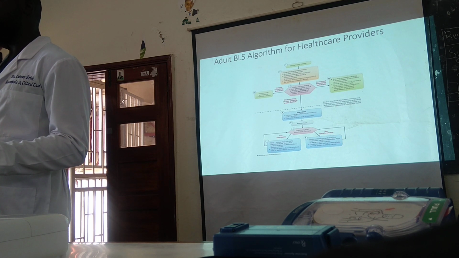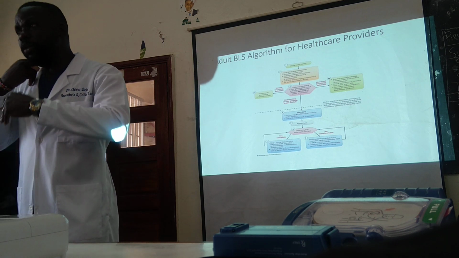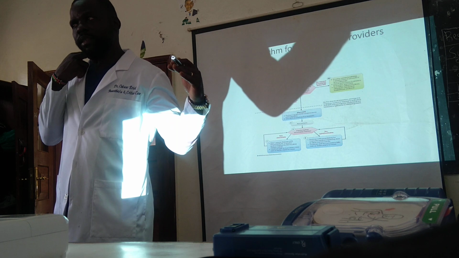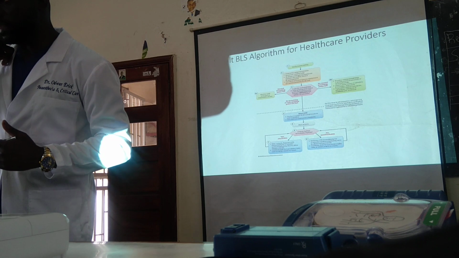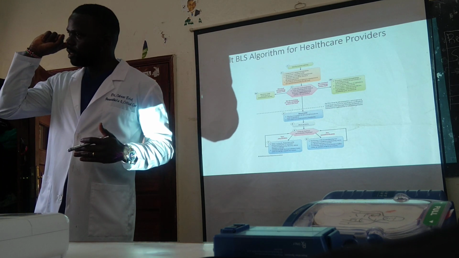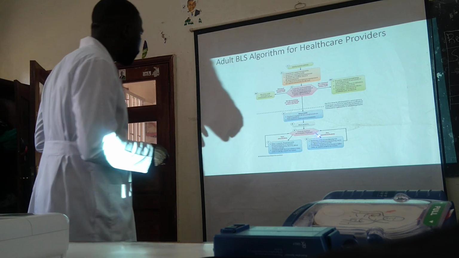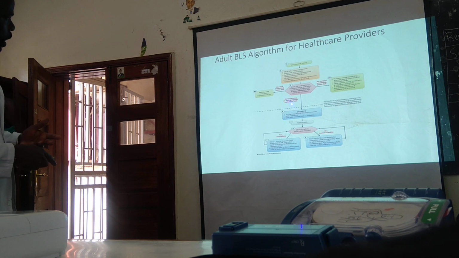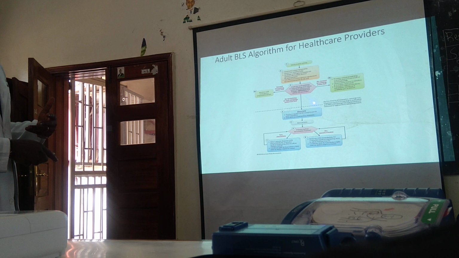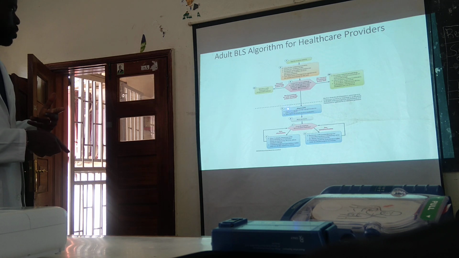Even after 6 seconds, you have not gotten a pulse. That means probably there is no pulse. If you want, go up to 10 seconds, but don't exceed 10 seconds. If there's no pulse, then you say no pulse and you start chest compression straight away. Here, no breathing or only gasping or pulse not felt. You start chest compression in an adult at a ratio of 30 chest compressions to 2 rescue breaths.